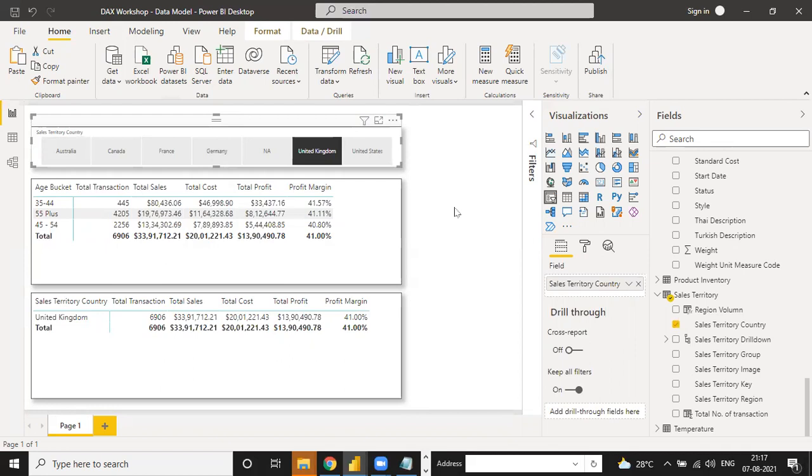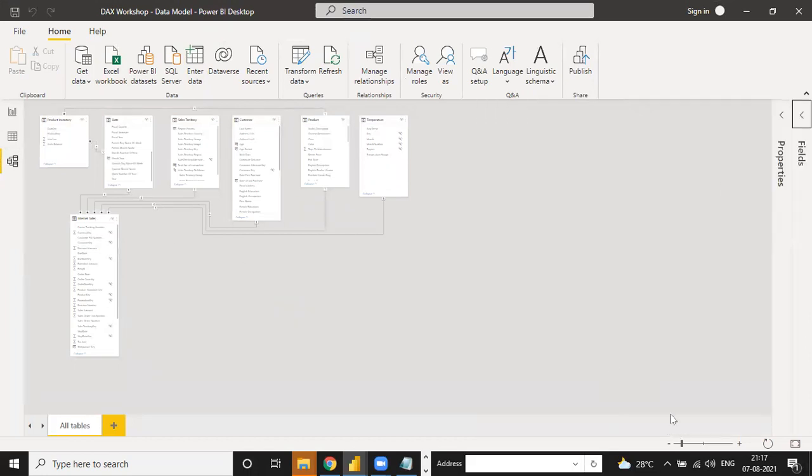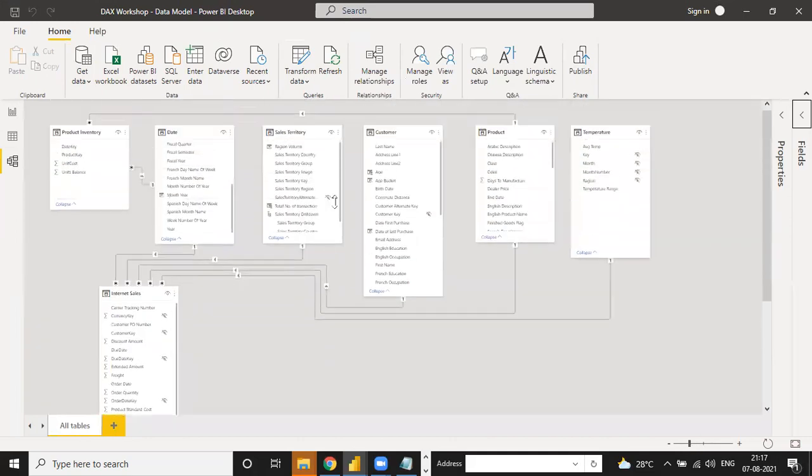Yes, sir, without relationship, we cannot create this type of data like slicer and... Right. Relationship. Yeah, relationship. I will tell you already. I will send you this file. Because relationship is just a normal thing. You have to connect all the dim tables with the fact table, simply. Just remember one thing.